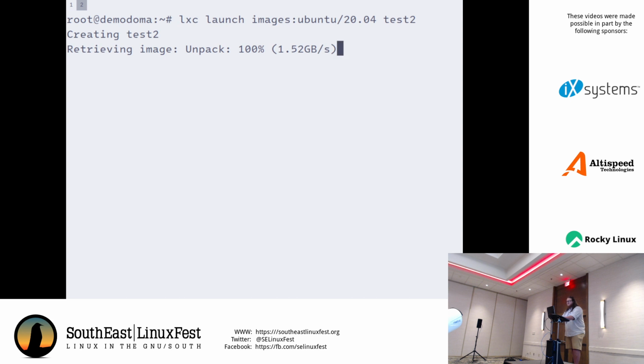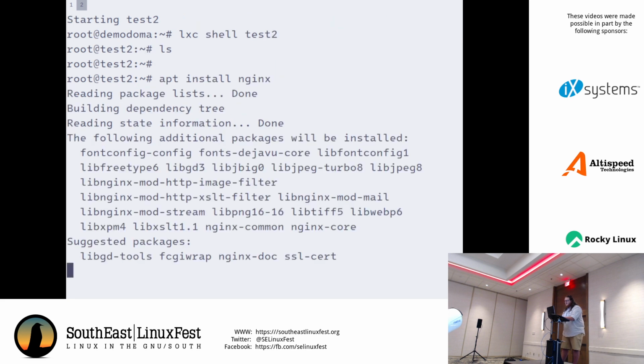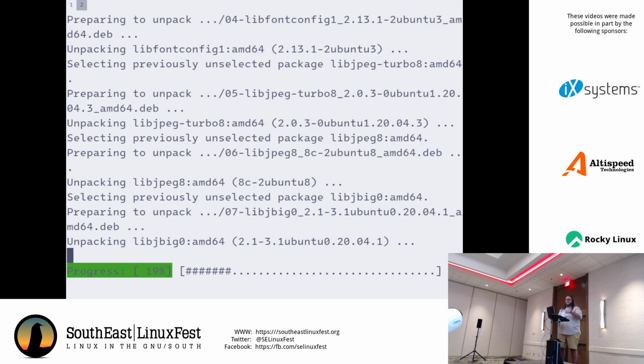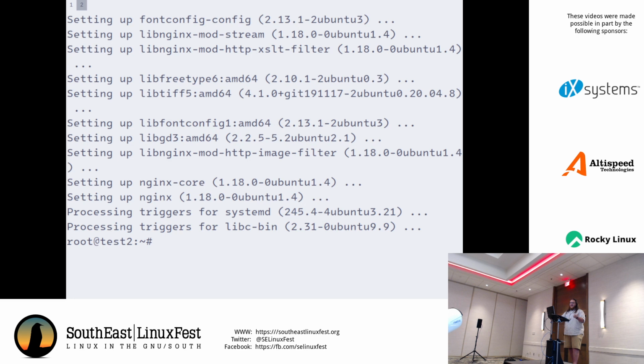Ubuntu is pretty large compared to Debian. Test 2. We can list stuff. We can apt install Nginx. It's going to work. Everything's going to continue running, even though in that other container there's a fork bomb actively, well, it was actively spawning child processes until the kernel said no. So we're going to delete, if I can type, force, test 2,